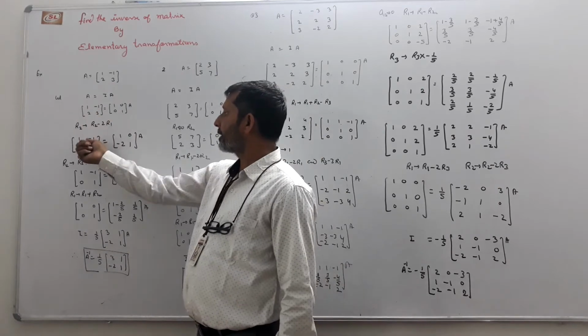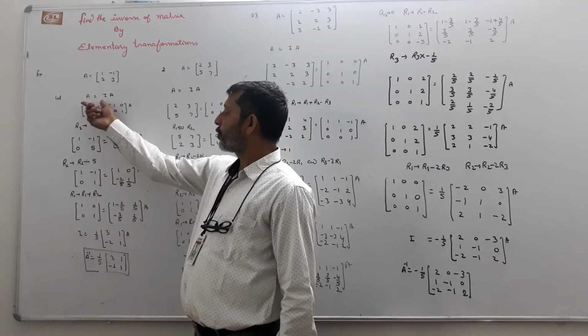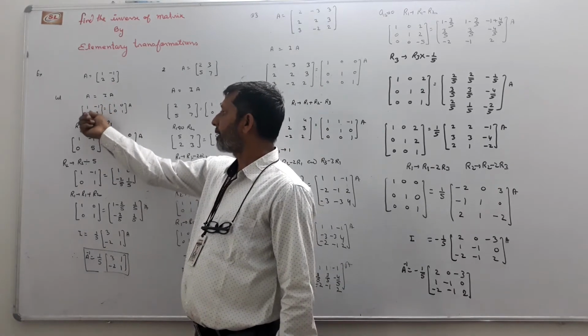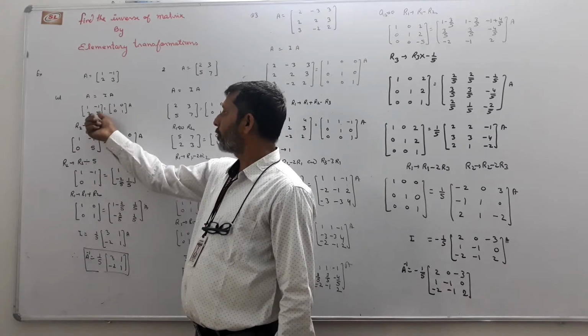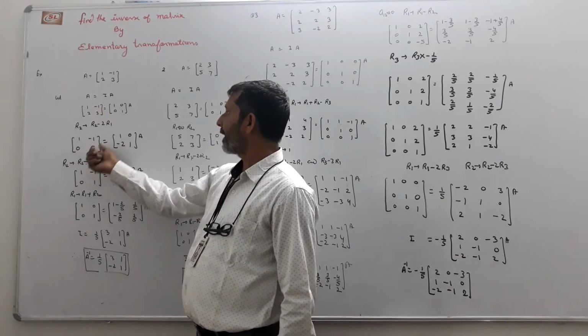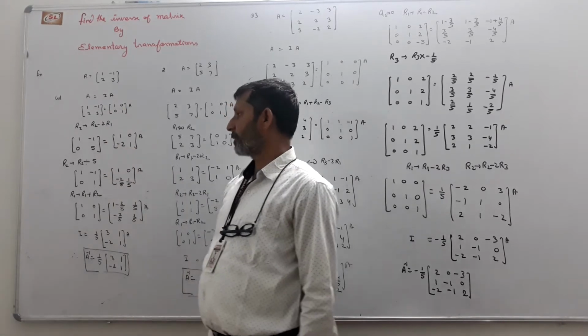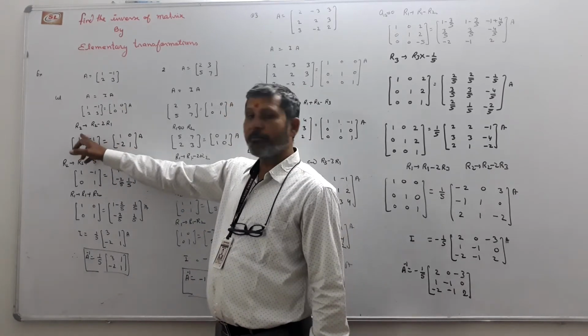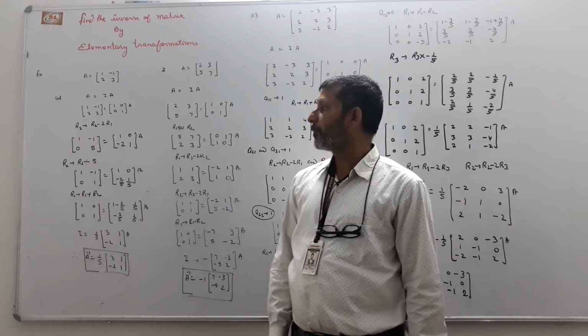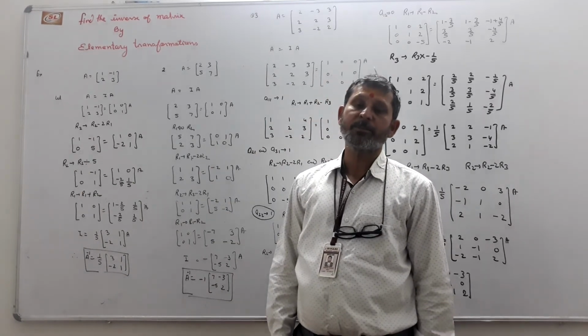The first row stays as it is on both sides. The first row multiplied by 2 is subtracted from the second row: 2 minus 2 is 0, 3 minus (-2) is 5, 0 minus 2 is -2, and 1 as it is. So A11 is 1, and now all the remaining elements in the first column become 0.